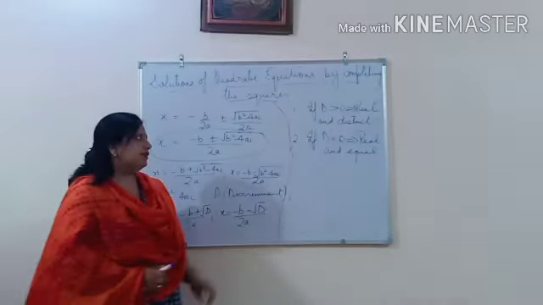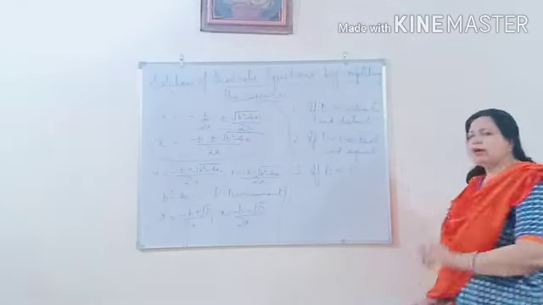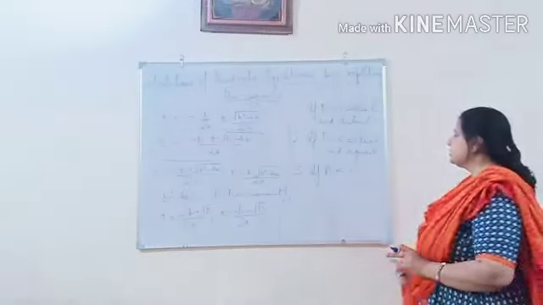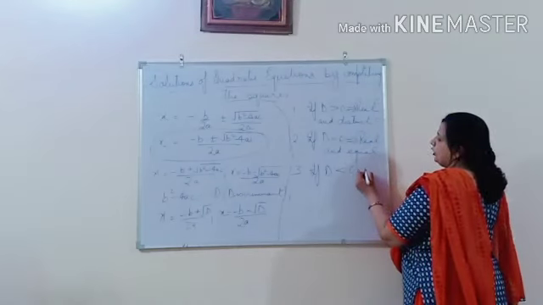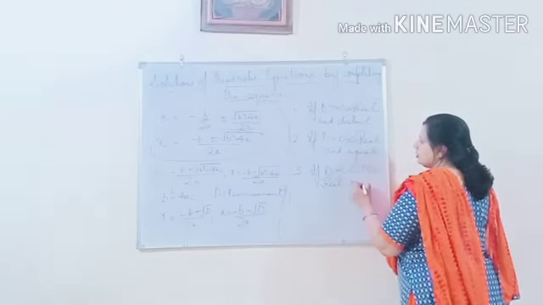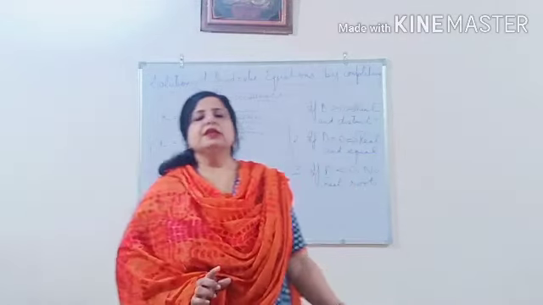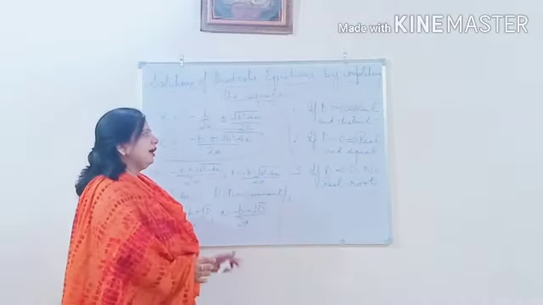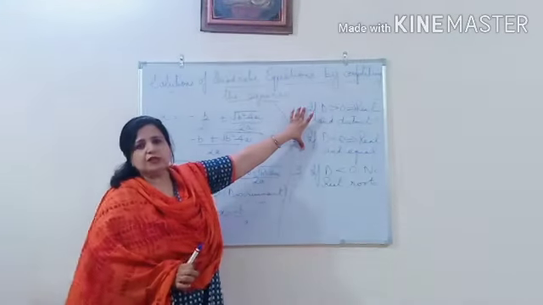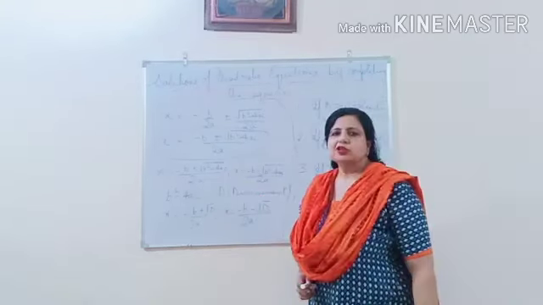And the third condition is if d is less than 0. When you find b square minus 4ac and that comes out to be negative, then in that case no real roots we have. The roots are imaginary. In that case, we simply leave the equation by saying that the roots are imaginary and we cannot find the roots. So only in the other two cases will we find the roots. So we have discussed the nature of the roots.